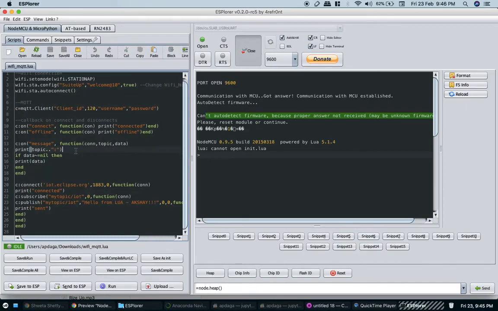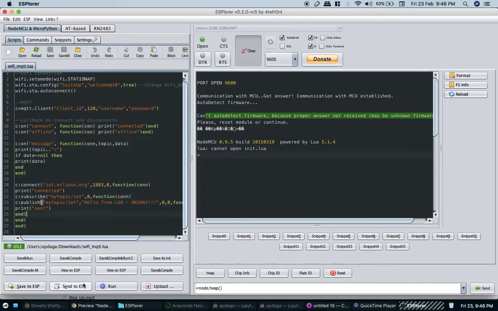Then you can see this is my topic slash IoT. It is the name of my topic, so you can change that. The broker name is iot.eclipse.org, and this is the port number. So what our code is doing is subscribing to this broker, and then our code will be publishing this message to the broker. That means we will receive the same message on our console, that is here.